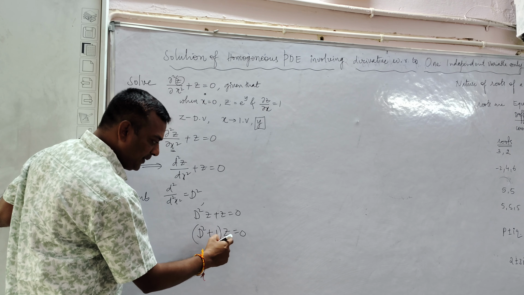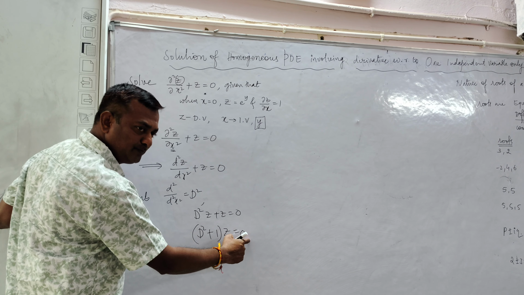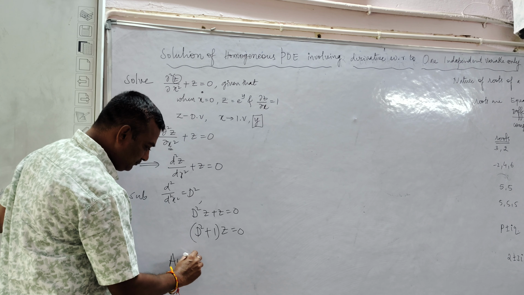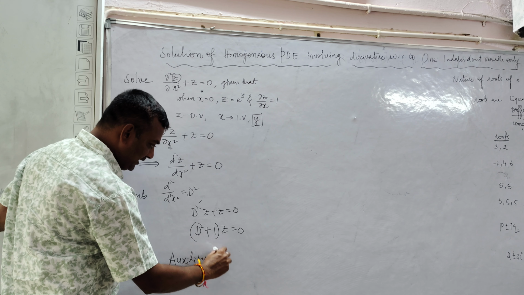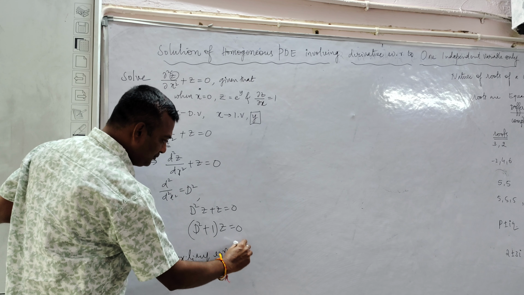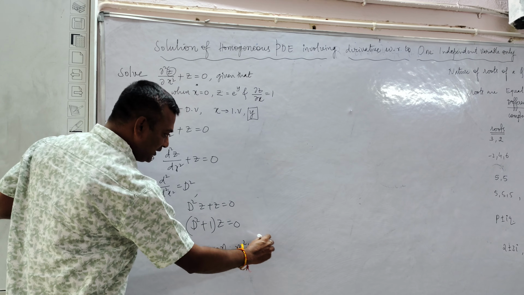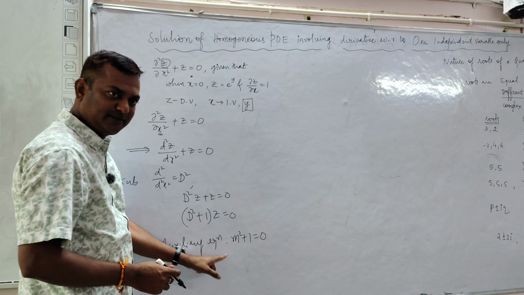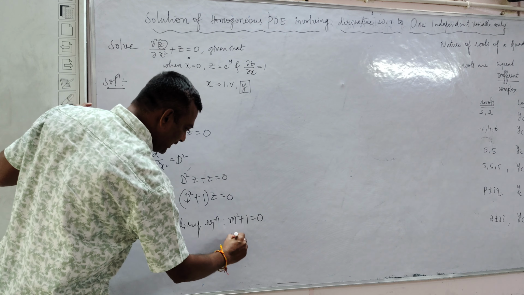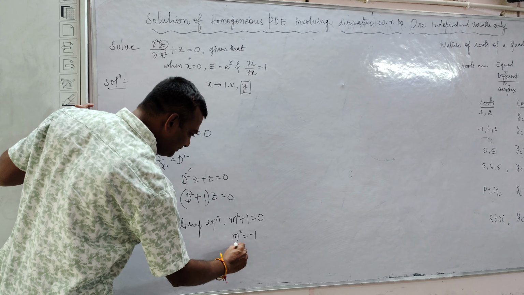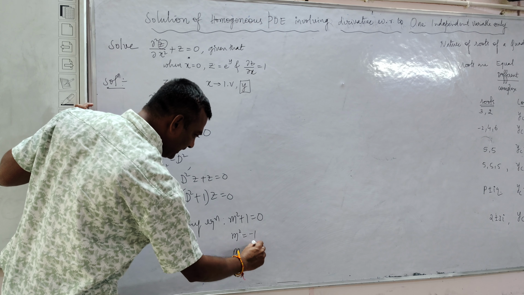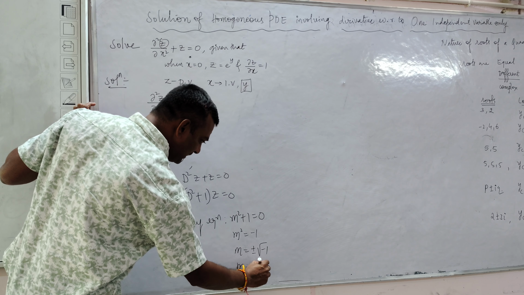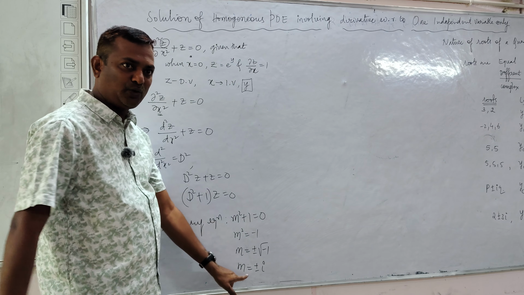A function of D into the dependent variable is equal to 0. What is the auxiliary equation here? M² + 1 = 0. Let us solve this. It's a quadratic equation, right? So m² = -1, m = ±√-1, m = ±i. So the roots are